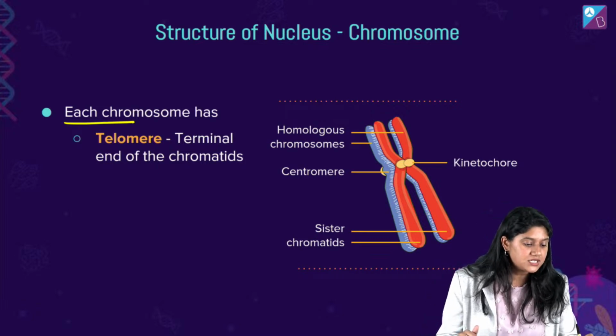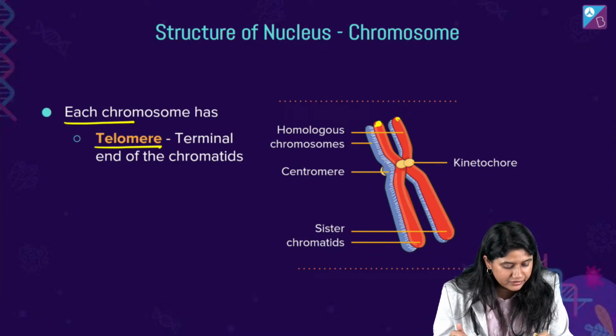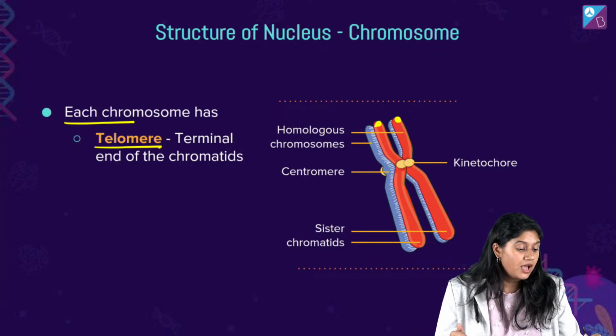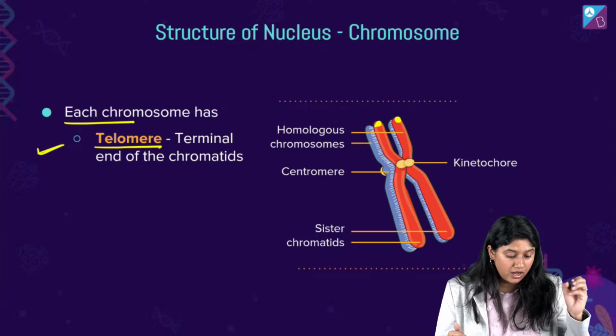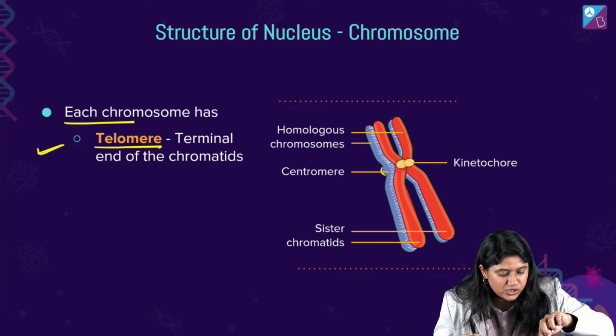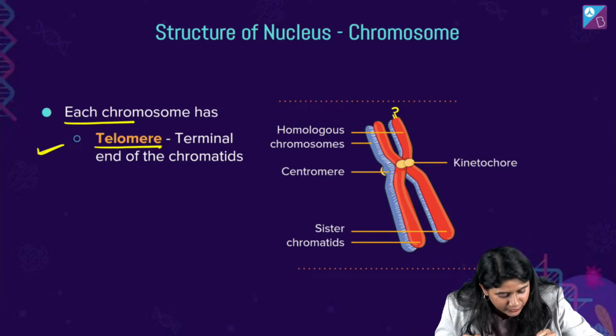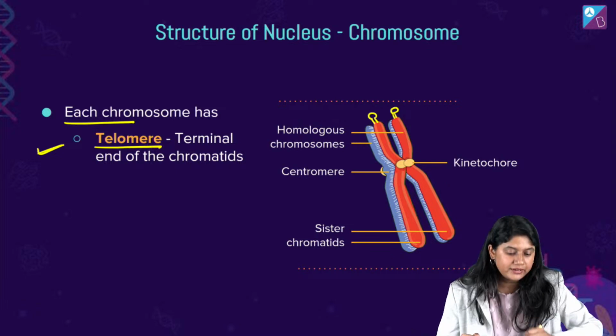Each chromosome has the telomere. Telomere क्या है? The terminal end. यहाँ पे एकदम एंड पे, right, the terminal ends of the chromatids are called as the telomere. And यहाँ पे we have this very special structure, secondary constrict रहता है. यहाँ पे से डॉट अगर हम बनाए तो सैटेलाइट बनी है. Clear? Can we see over here?